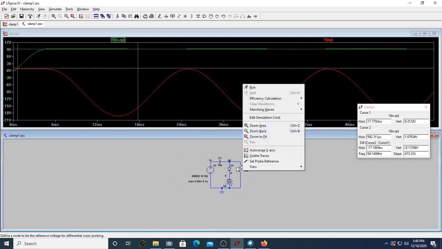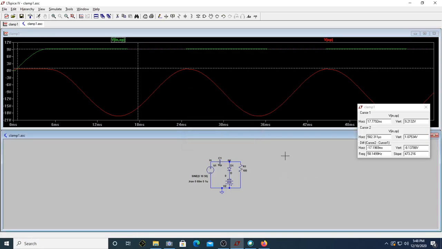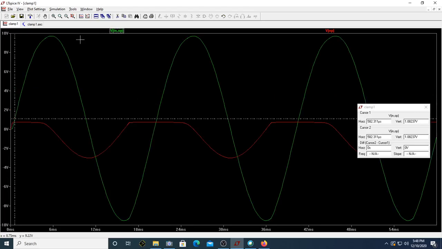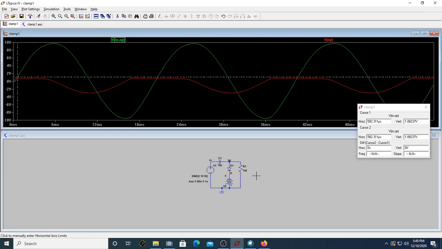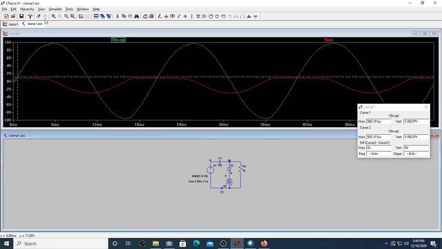Suppose I make this resistance simply 100 ohm, if I make it less, just see the difference. Can you see, this is your capacitor voltage, the capacitor is discharging like anything. It is because when the diode is off, the capacitor is discharging through that resistance, which should not happen. So I should not make it very less. Instead of 100 ohm, let me make it maybe 5k and show you the difference.